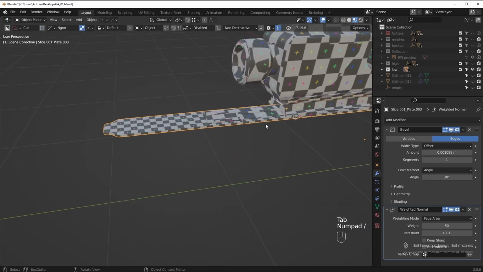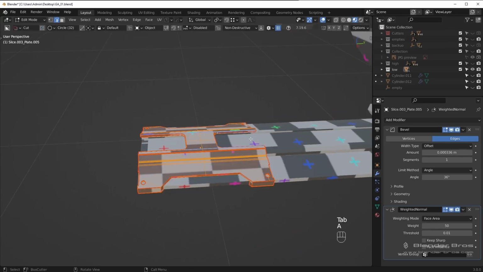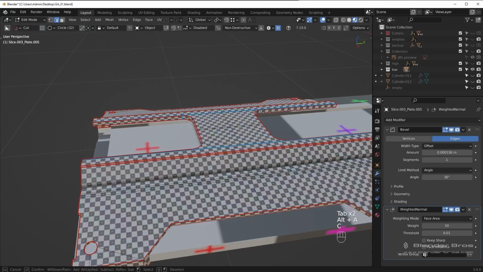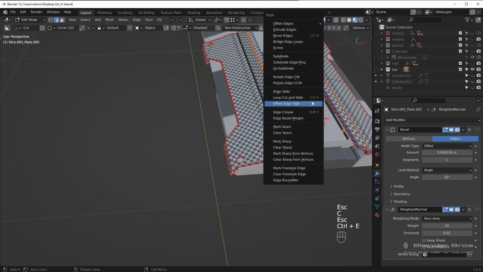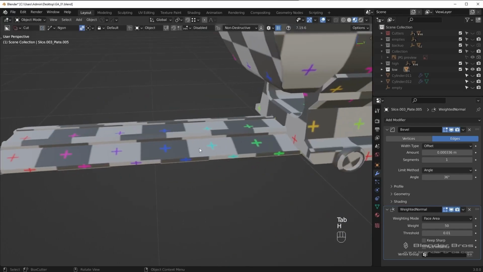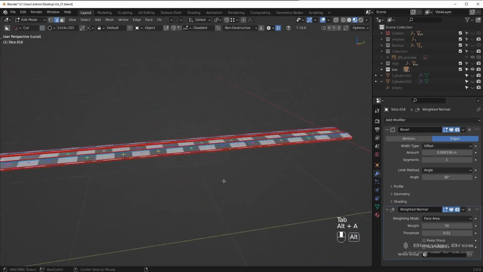Really small once again. This thing right here is also really small, so I'm just going to unwrap it and leave it alone. If I wanted to, I could maybe clear out these here, but that's about as far as I'm going to mess with it. Okay, we have this long piece. So this one, I'm just going to,